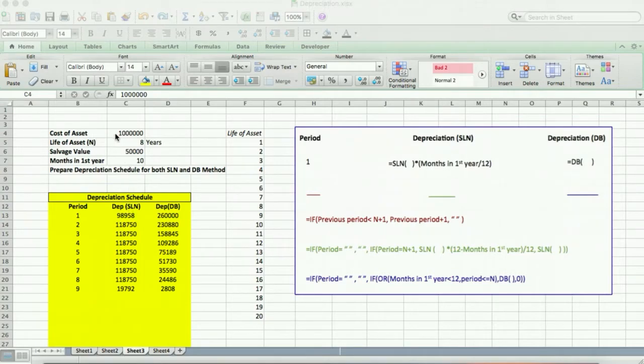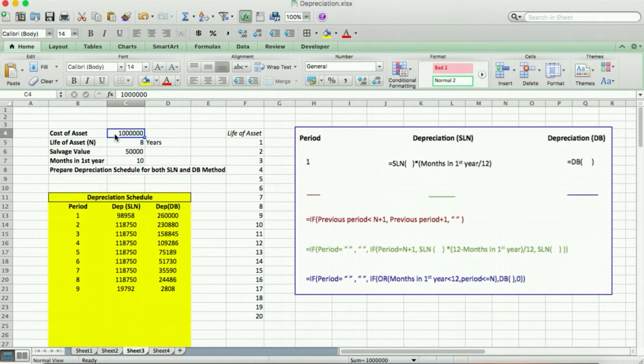So we have the cost of asset given to us, which is 10 lakh here, and salvage value is given to us, 50,000. For life of asset, we have created a drop down using data validation. You can see for life of asset, we generally range the values from 1 to 20. For months in first year, again, we have created a drop down using data validation, and obviously months would be